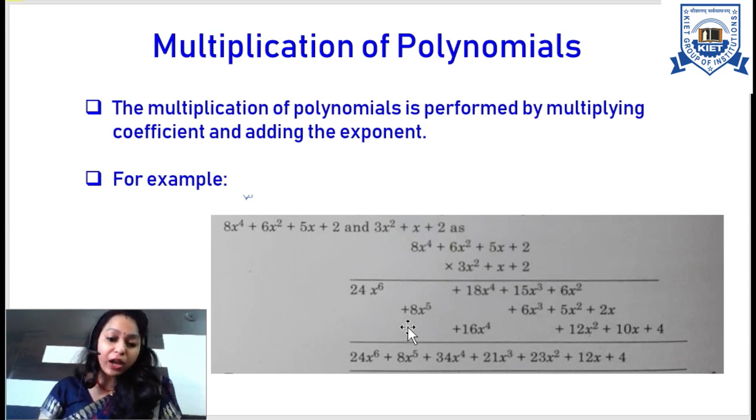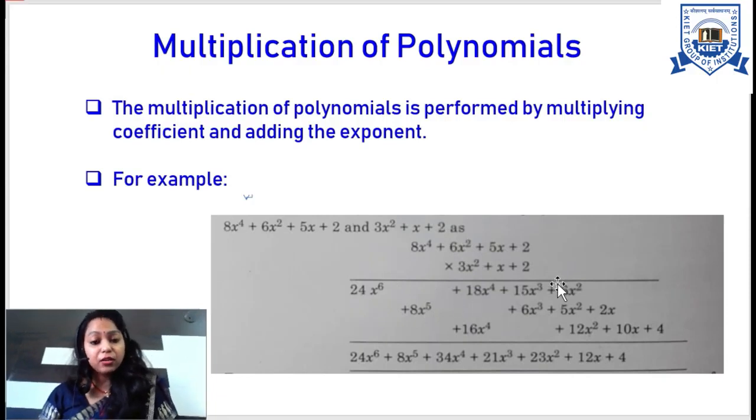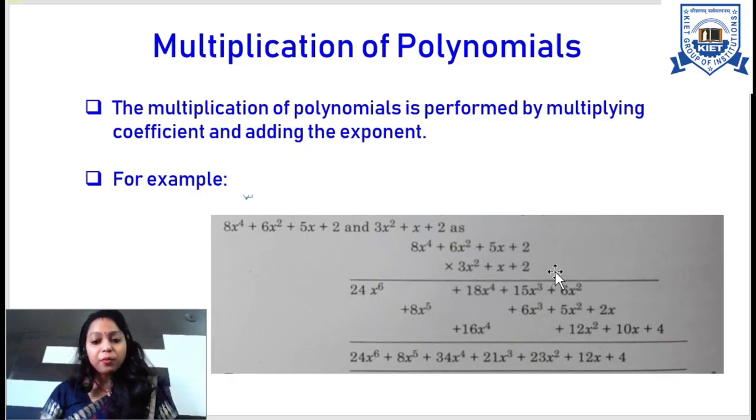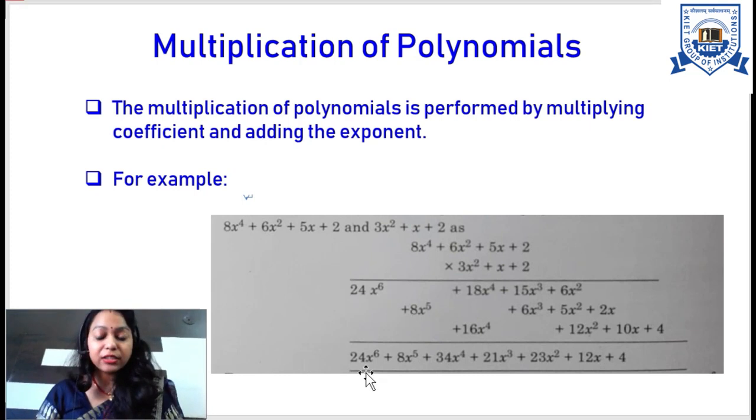Okay, once we have completed all the terms of the second polynomial equation, what we will be doing with this resultant polynomial equation is comparing the exponent terms. If the exponent terms of any of the terms of the resultant polynomial are the same, we will add the coefficient values of those terms. Like x power 6: there is no other x power 6, so this term will remain as it is in the final resultant equation. Now next is